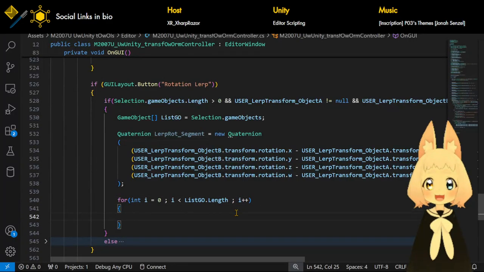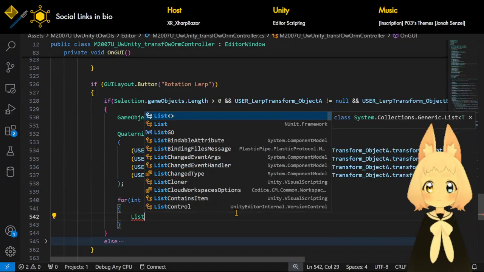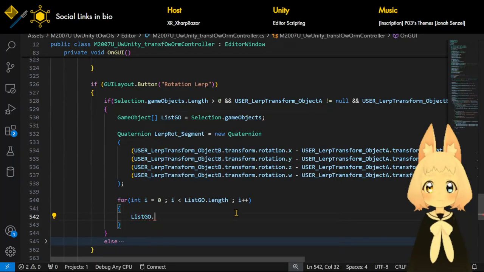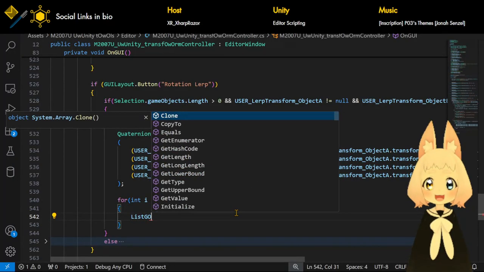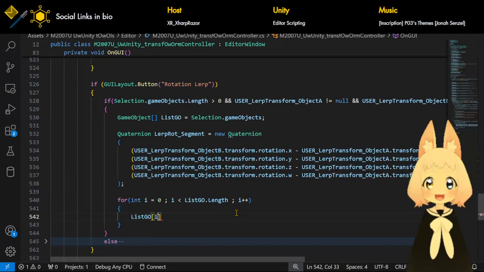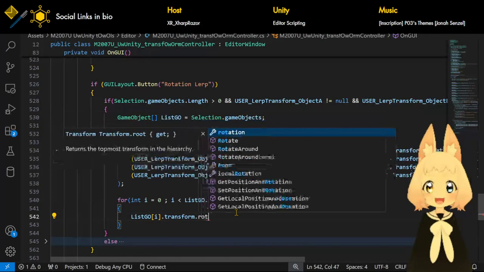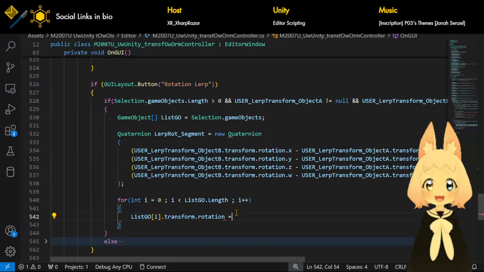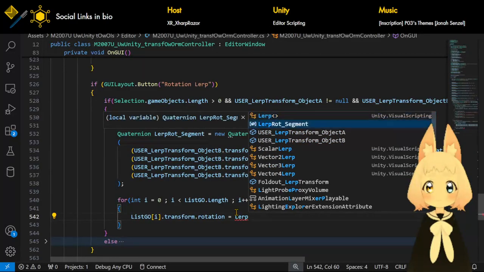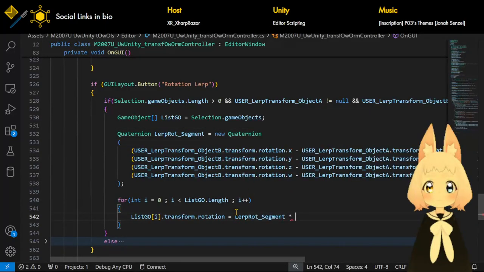Then we can say list geo i dot transform dot rotation is this thing. Okay, so we will take the segment. So we'll just do lerp rot segment multiplied by i. Well,